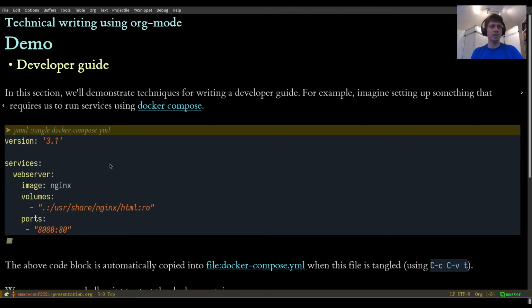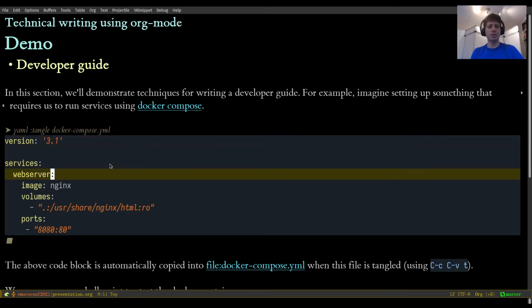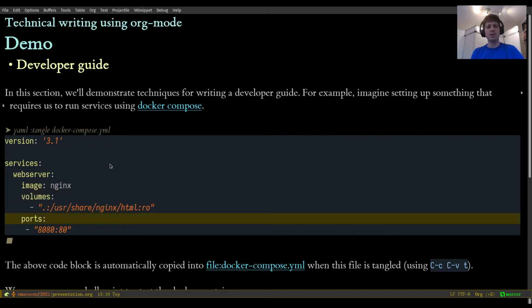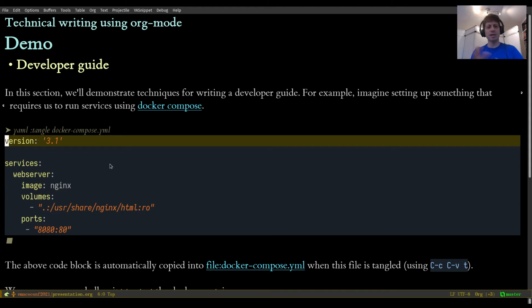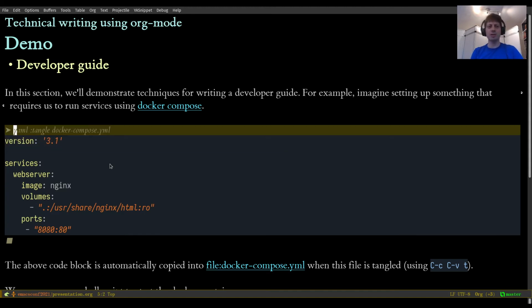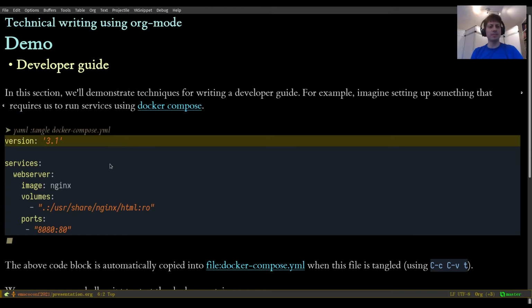Now here inside Emacs, we have a block that defines a YAML file, and we're actually saying this is called docker-compose.yaml, with some content here. And you can see that even though we are in org mode, it knows that it can highlight this according to YAML. Org mode doesn't directly know about YAML. We just said, hey, this block has to do with YAML. And because there's a YAML mode in Emacs, it will borrow from that mode to actually highlight this block.